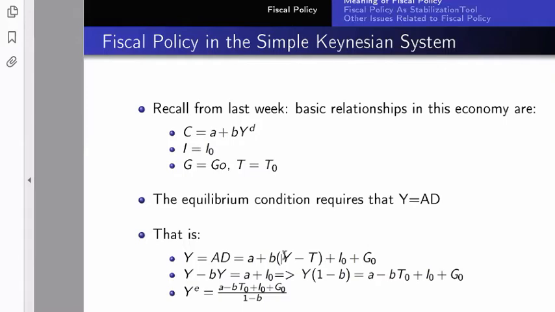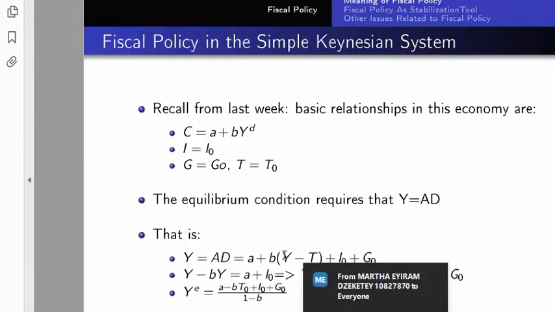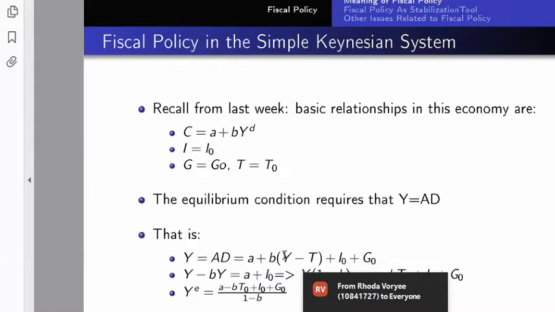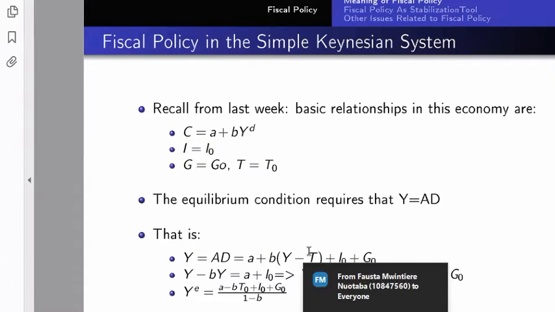Who has been able to solve it? Yeah, I'm done. You got it correct. Good. Who else? Me too. Okay, good. Beautiful. Sir, please go over it again. So it is C plus I plus G. The only difficult part is this YD, and I'm telling you that the YD is Y minus T.